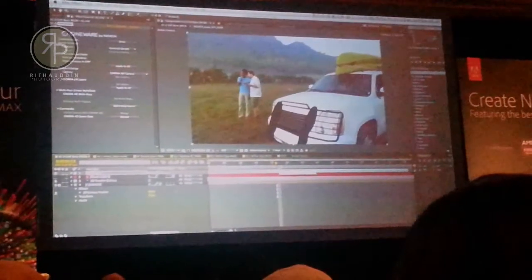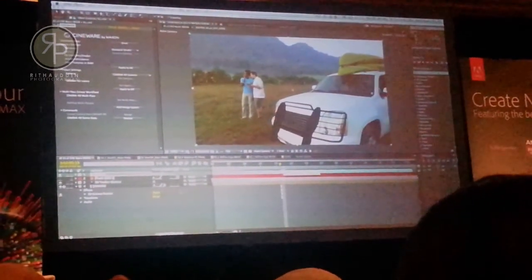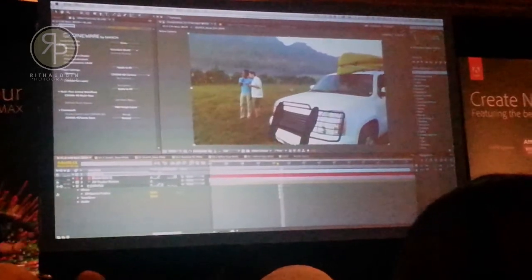And now I've got a basic start to having this grill added to the car, and it's actually tracked across the